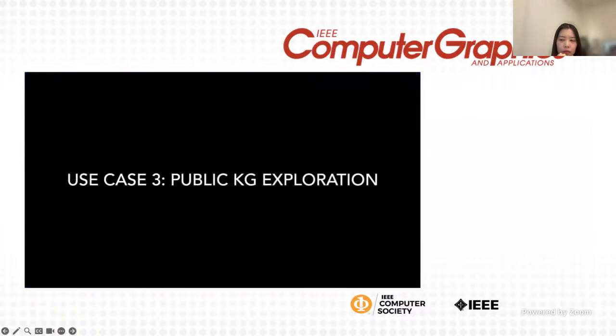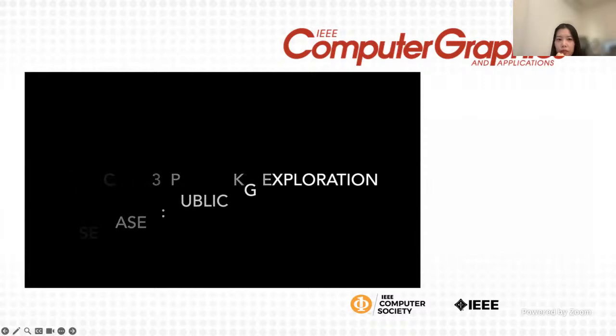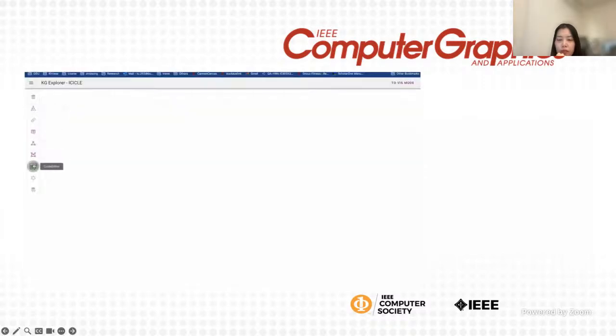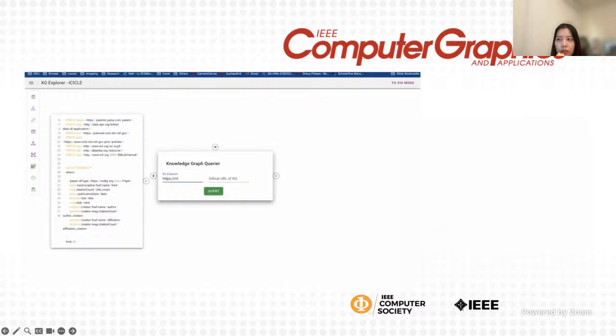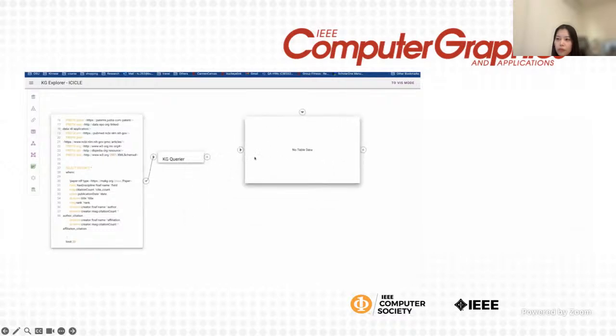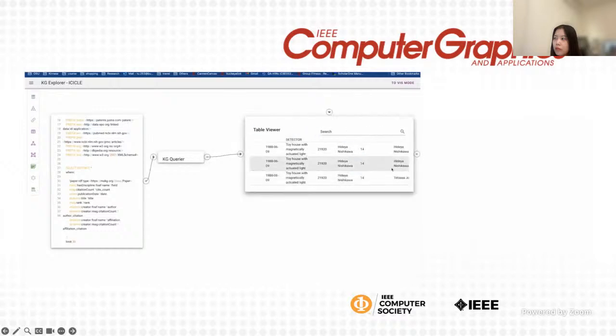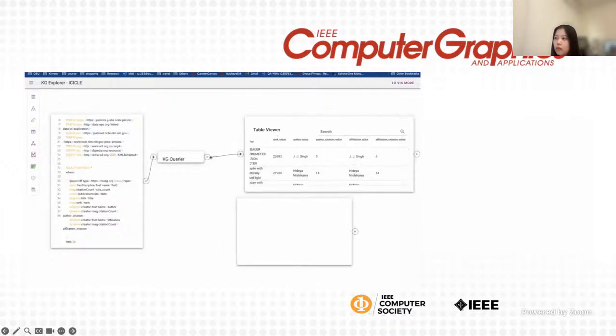Our last case shows how to combine the KG query and visualization in the exploration pipeline. Suppose we have a domain user, John, who knows how to write SPARQL queries. He can load in a query editor and directly write queries in it. Then he passes the query to the KG querier to fetch data from the Microsoft Academic Knowledge Graph. Once the query is finished, he can either connect with a table viewer to display the results. Alternatively, he can load a table visualizer to visualize the results automatically.